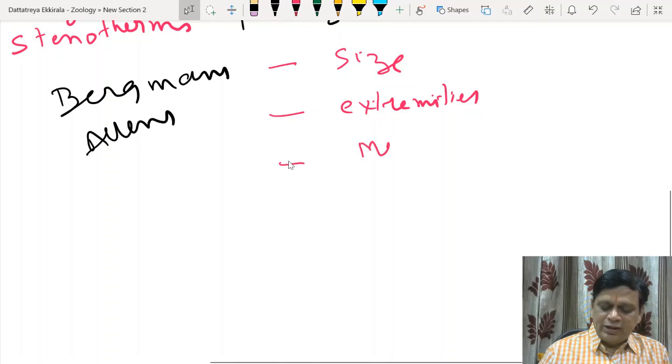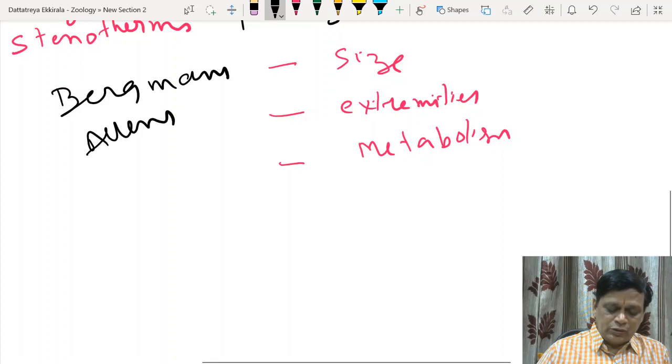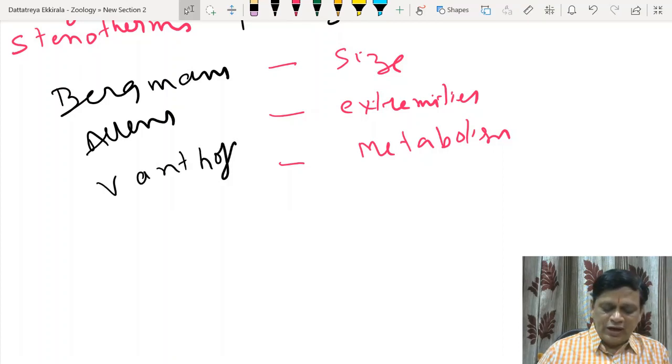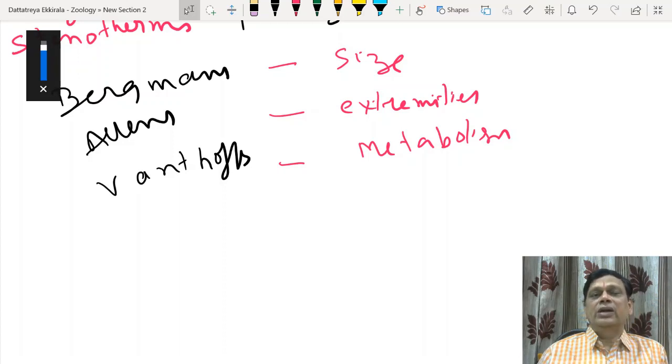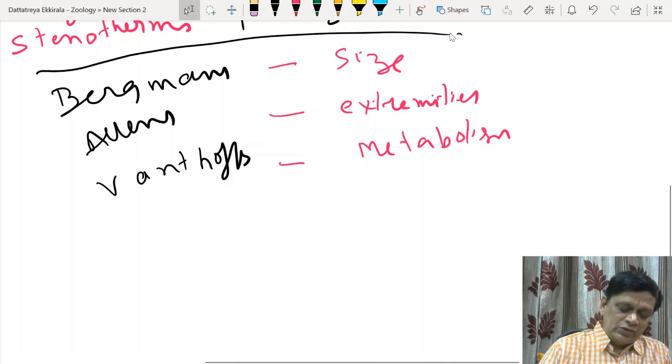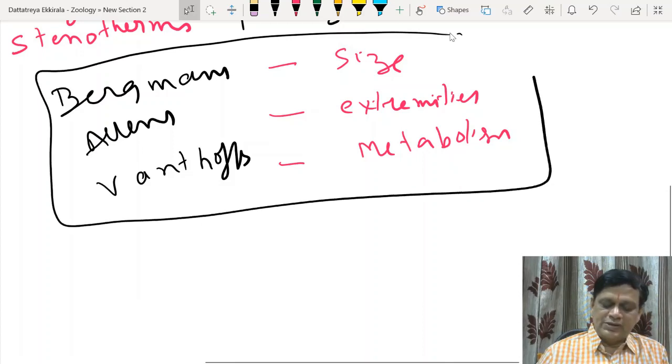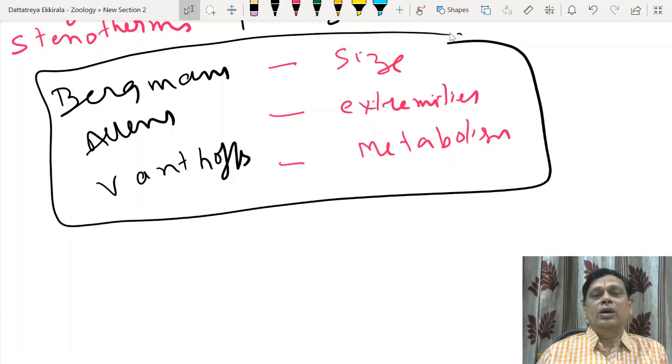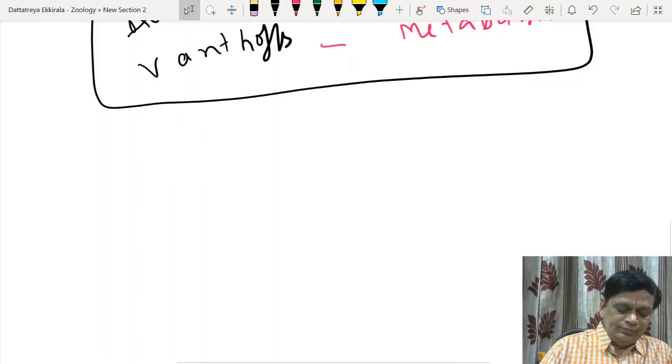And related to metabolism and effective temperature, it was explained by another rule called Van 't Hoff's rule. Van 't Hoff's rule explains that for every 10 degrees centigrade, metabolic rates double. So these are the three important principles related to temperature and various effects. Coming to water,